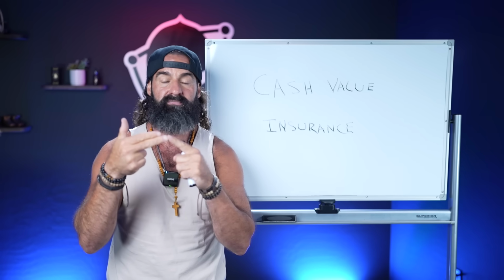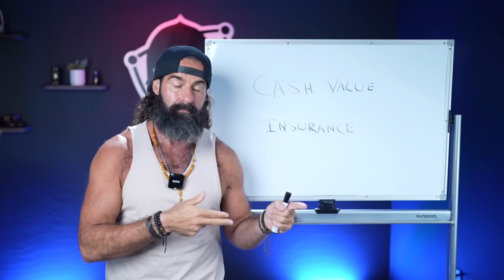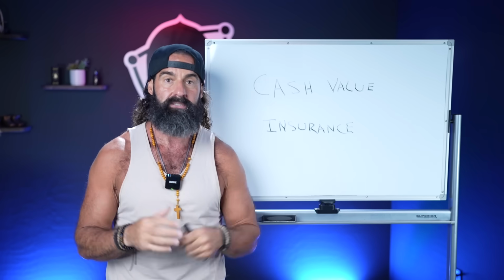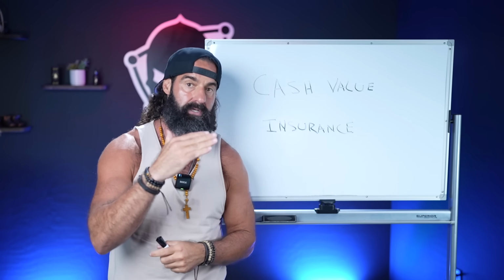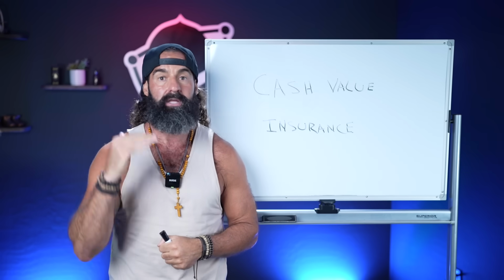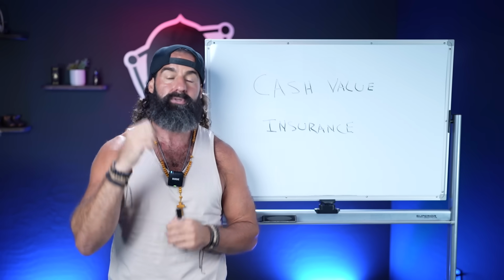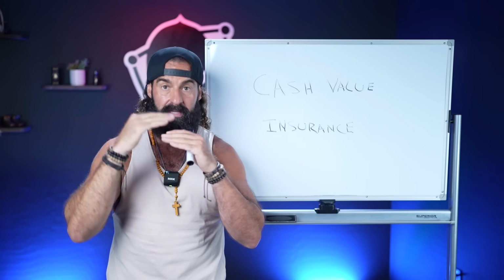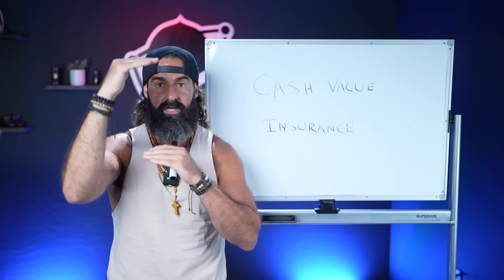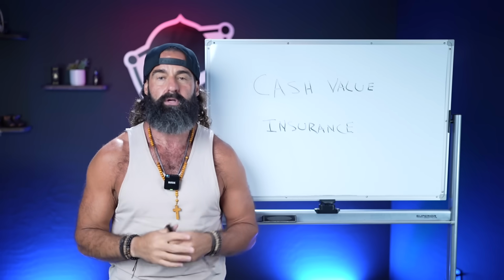Now, another component of it as well is, as I'm making 1% in my bank account, I'm making anywhere from 6 to 12% depending on what type of policy you do. I use index universal life. It's indexed to the market, it's not in the market. Now, it has a floor, so my principal is guaranteed, it's insured. But there's also a top, right? Because it's indexed, they put a floor on there, and then they have a top that I can't earn all the way through the roof so they don't lose money, right? So there's a lot of different components to that.